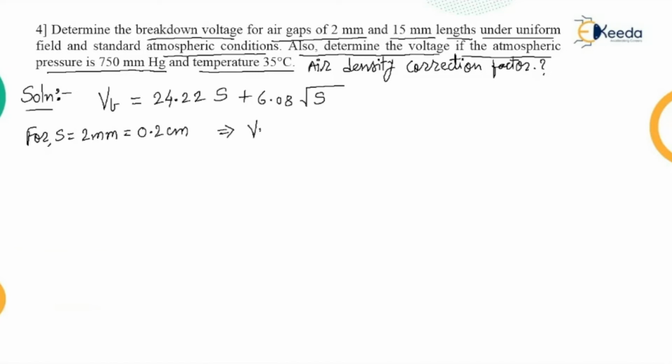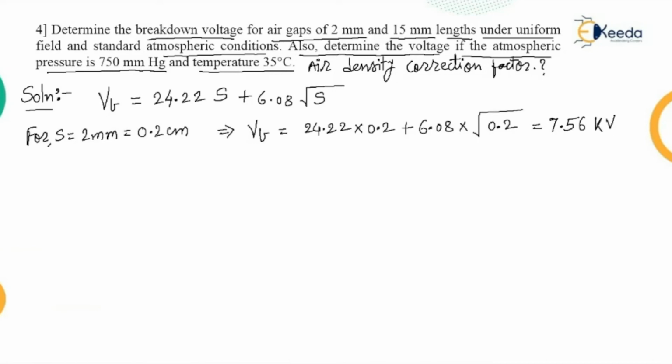Implies VB is equal to 24.22 into 0.2 plus 6.08 into root of 0.2. If we do the calculation, let us use the calculator again: 24.22 into 0.2 plus 6.08 into root of 0.2. So this is 7.56